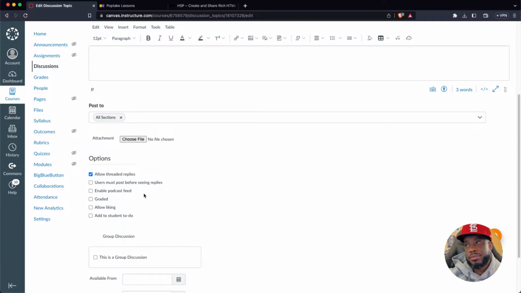You also want to create some kind of protocol for conversing with one another in the classroom. What does that look like to be a courteous critic of work? How do you work together to help people get better? How do you celebrate people correctly and whatnot? So allowing the threaded replies allows students to have a back and forth within a particular thread or question rather than having those comments be uncategorized.